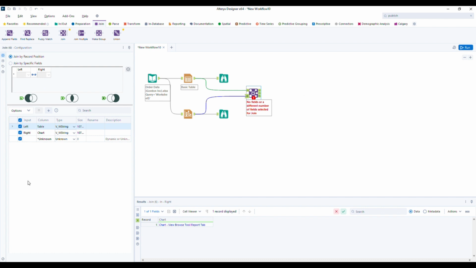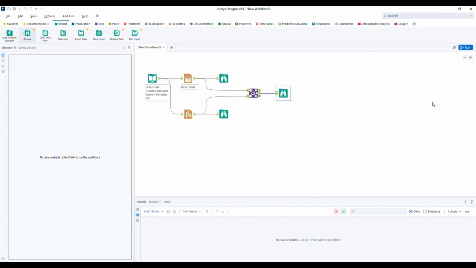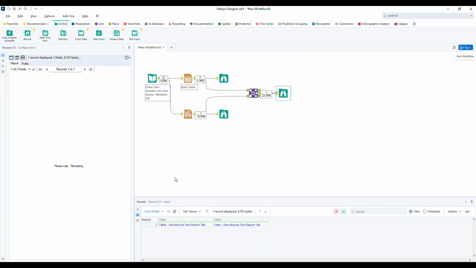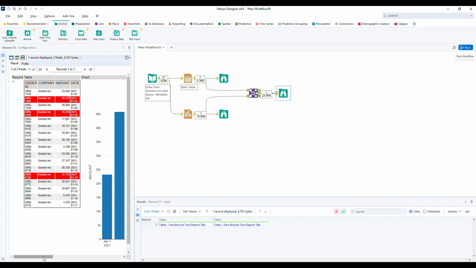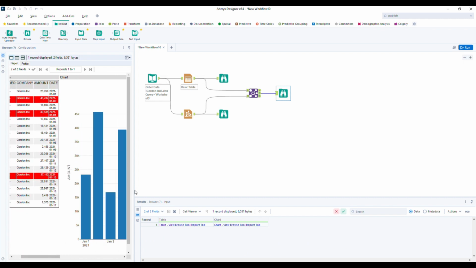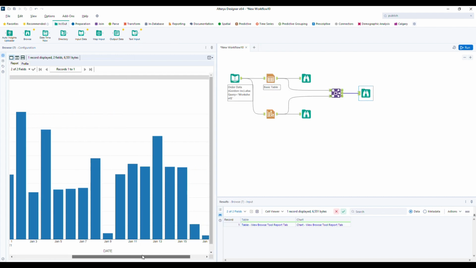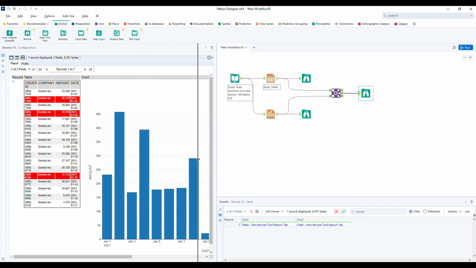Now you have to use the browse tool. Drag and drop the browse tool and click on run. See, this is the output. Now on the same page, we got the table and the chart side by side. Beautiful.